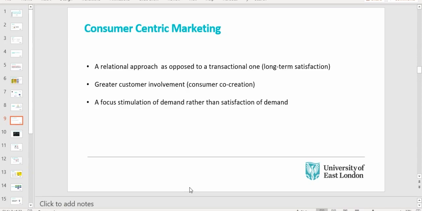So moving away from a one-way to a multitudinal conversation where you bring the consumers in. Remember, we were talking about openness and honesty. And what does that mean? That means that you ask them what they want. You ask them how you can reach out to them. So in marketing terms, that's referred to as co-creation. So you're not just the producer, you're not the creator, but you can ask your consumers to create this brand with you, to create the organization with you. So be open to bringing them in and asking them how you can improve your communications, your product, or your price, or what have you, right?